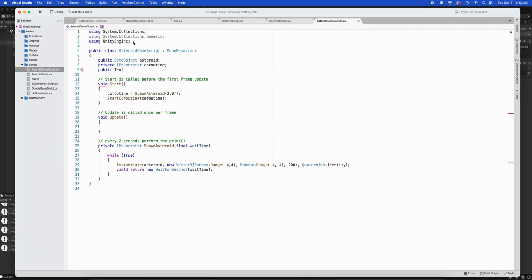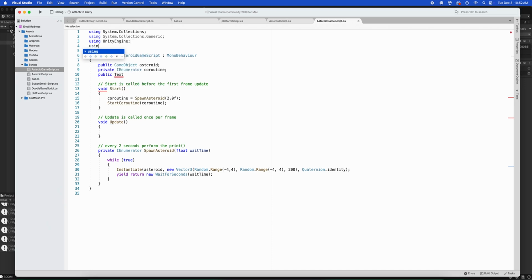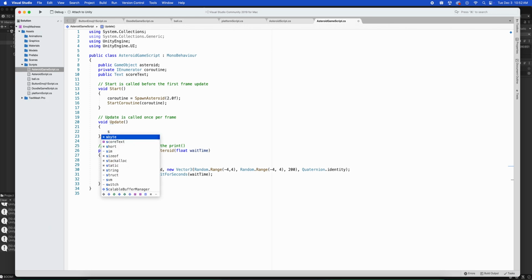Oh, the reason why Text isn't coming up is I have to write using UnityEngine.UI. Okay, so now we can say public Text. Let's call this scoreText. Okay. And then in the Update, we'll just say scoreText.text